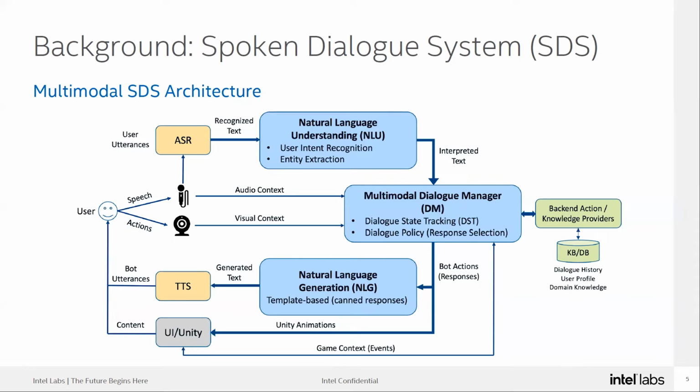What we focus on here is the NLU module, as I said, the natural language understanding, and specifically the intent recognition. But the multimodal aspect comes into play on the dialogue manager side. This is not in the scope of this work, but just to give you an overall idea, we have these physical manipulators, like the objects in the scene, the large pots and small pots, and we also need to detect the gestures and certain actions that the kids do, like touching the wall to pick the right number on the number grid and things like that.